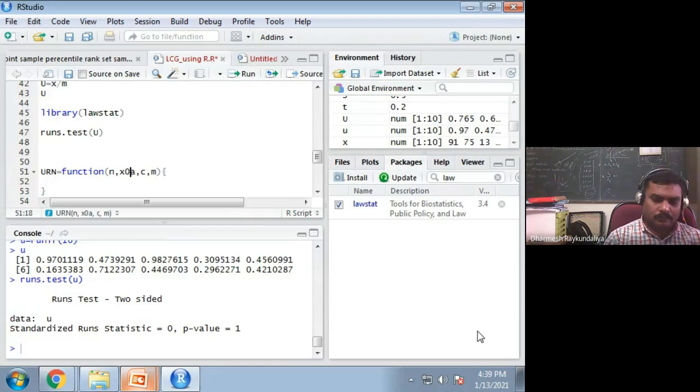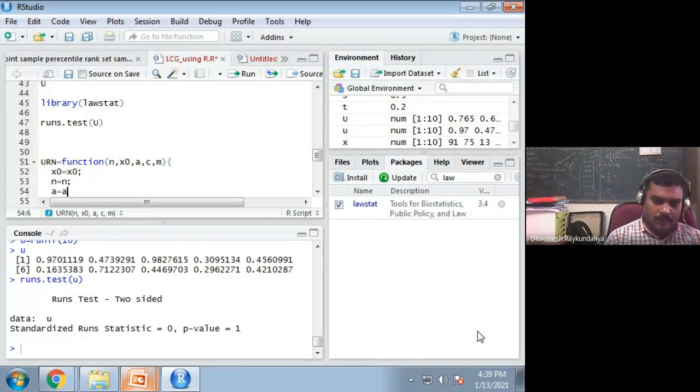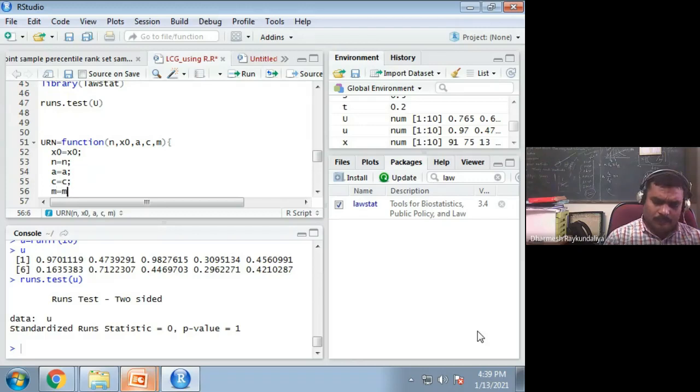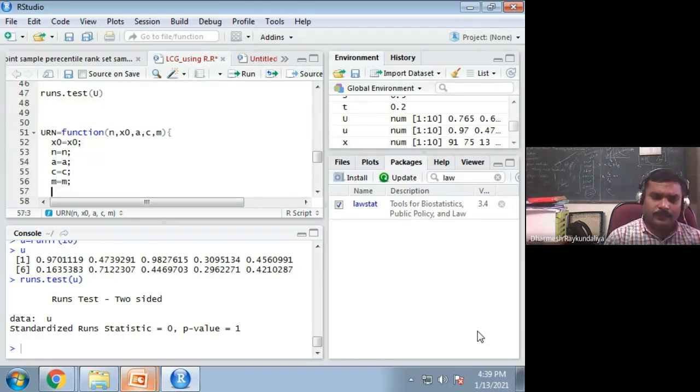I have to mention here x naught equal to x naught, n equal to n, a equal to a, c equal to c. Not necessary, but let us give it so there should not be any confusion.